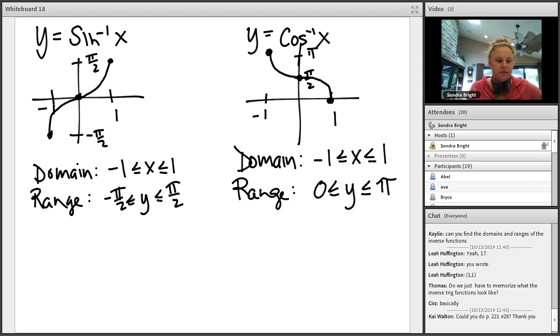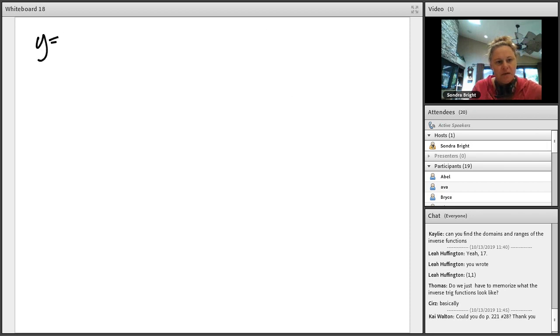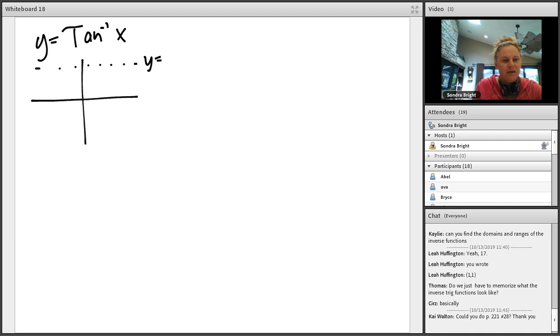And then I need to go to a different slide for the other guys. For tangent, go back, capital T. All right. For y equals inverse tangent of x, that guy looks like, you've got an asymptote at y equals pi over 2 and an asymptote at y equals negative pi over 2, and it goes like